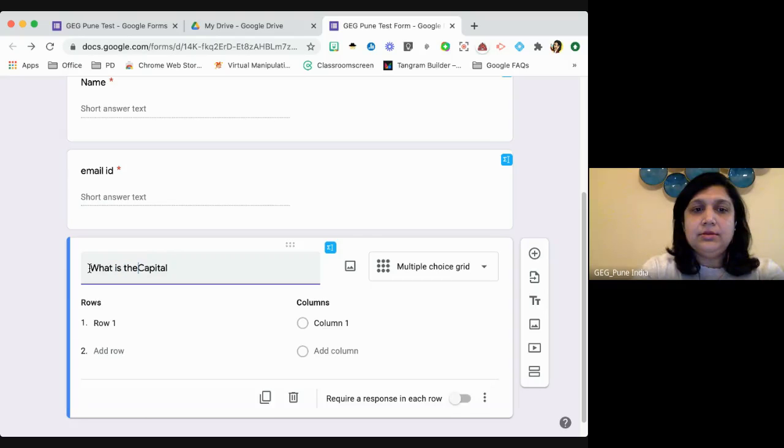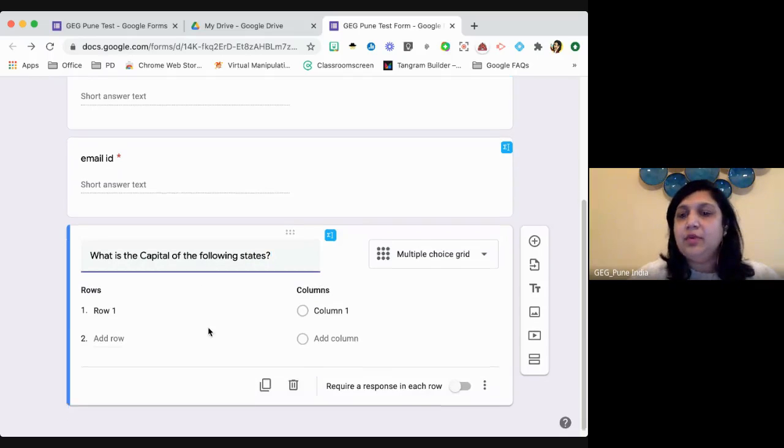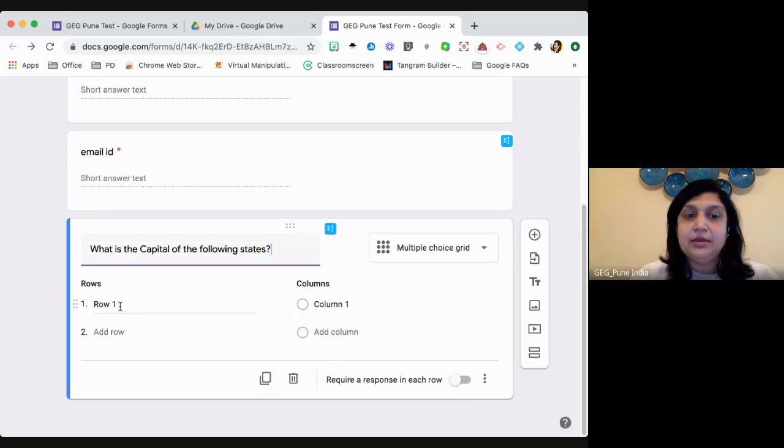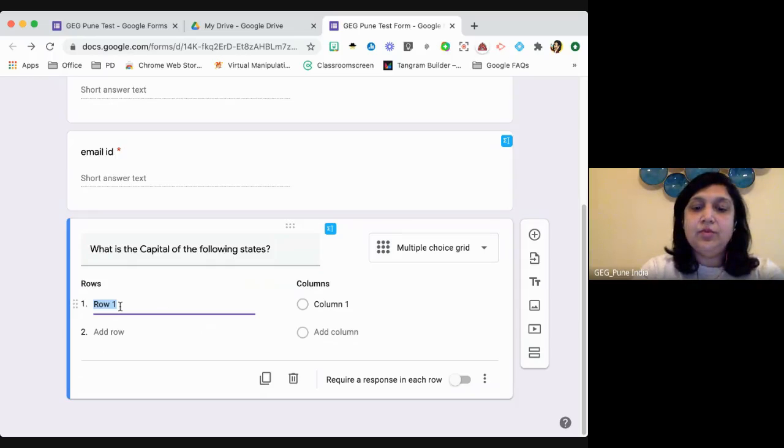What is the capital of the following states? अब इसके लिए I want to enter multiple choice. तो इसके लिए the rows always define what goes on the left. So it is like a theater में जैसे rows and columns होते हैं. तो right side में जो rows होंगे that will decide what it is.